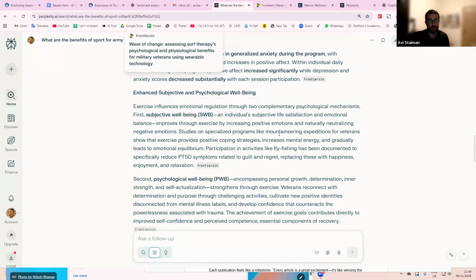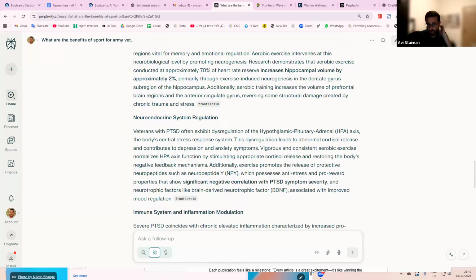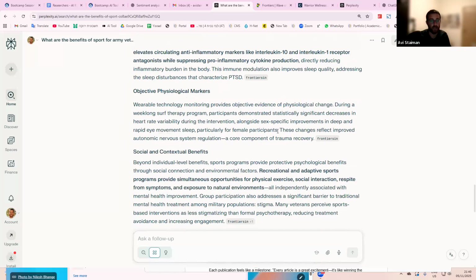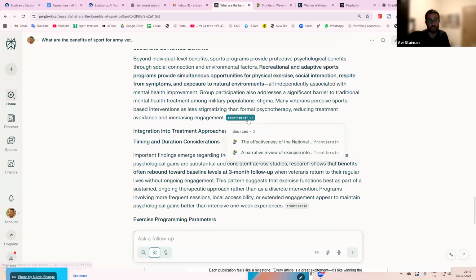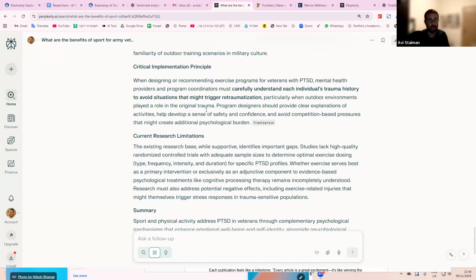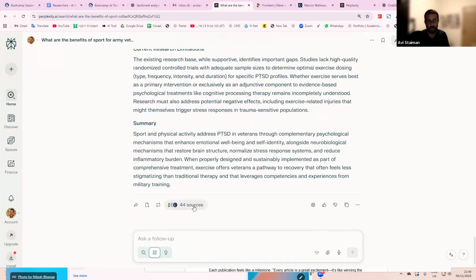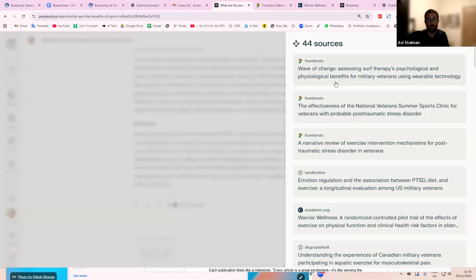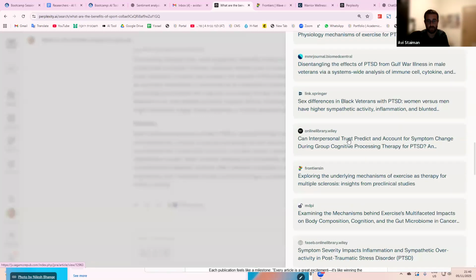And it gives me a really good overview of the topic and the answer, from this information. Sometimes it'll take multiple sources and combine them in order to give me a particular part of my answer, but it can really be quite beneficial. And here I see, in order to answer my question, there were 44 total sources involved that were brought together in order to give me the answer to my question.